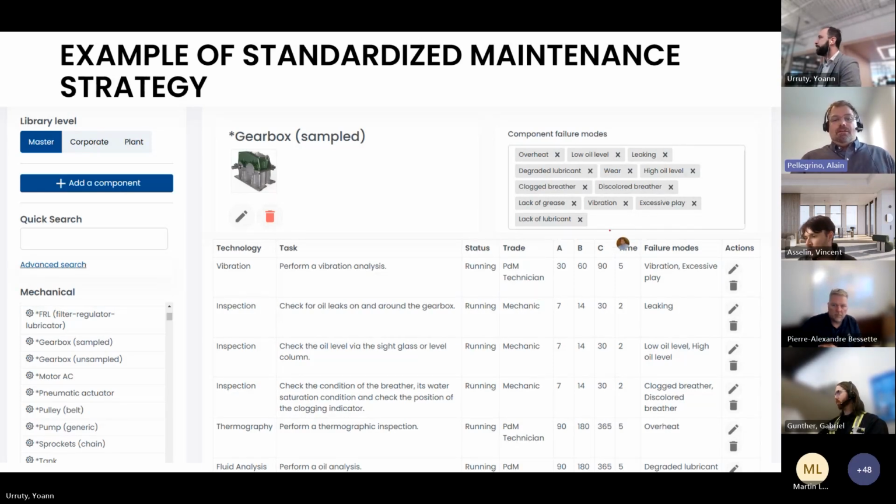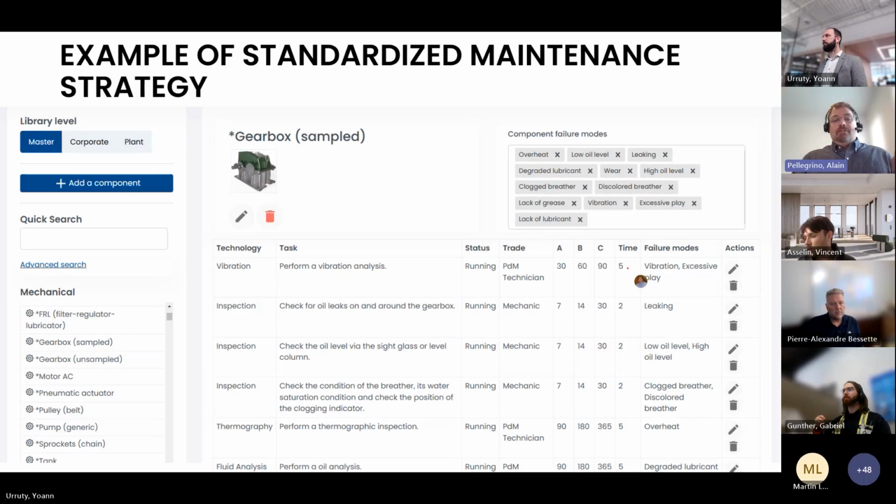And then, I was talking about criticality. So in this example, you've got three different criticality levels: A being the more critical piece of equipment, C being the less critical pieces of equipment. So maybe, in your strategy, you're going to say, well, for everything that's highly critical, I want to go there every 30 days and do vibration analysis, and check the oil leaks every 7 days. But maybe on a less critical piece of equipment that is identical, you'll stretch that frequency because the onset of the effect of failure is going to be lower, and doesn't have the same effect on your overall equipment effectiveness. And then obviously define how much time it will take